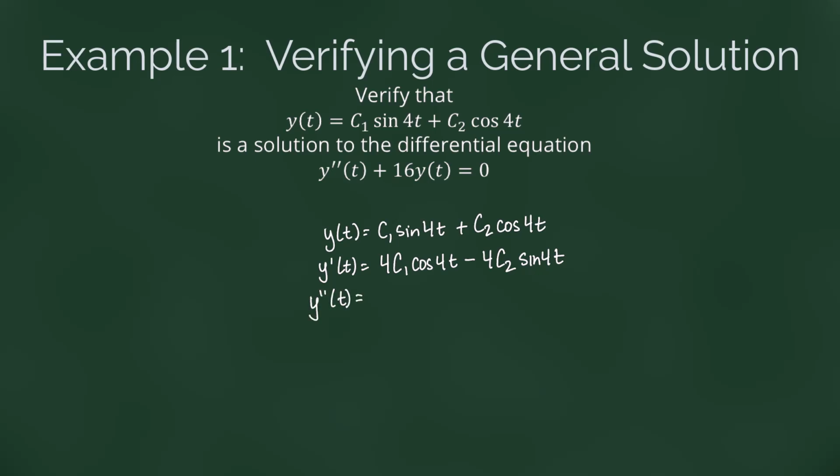And that's going to give us negative 16c1 times the sine of 4t minus 16c2 times the cosine of 4t. We're now going to put that into our differential equation and see what happens. So y double prime of t plus 16y of t